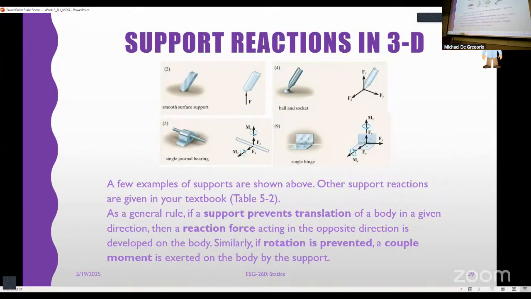All right, so you are aware. Here's a few examples. We've got a smooth surface support. Guess what? A smooth surface support will shift anywhere. It will move however you want it to, because it's on a smooth surface. Think about how things move on ice. They slide in every direction. They're also allowed to rotate. So the only constraint that we have is that we need to maintain normal force with the ground, because if we're not touching anything, there's no reaction.